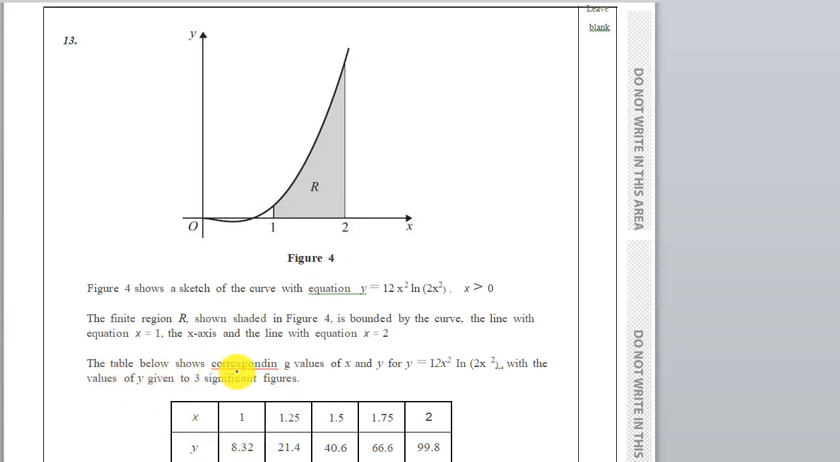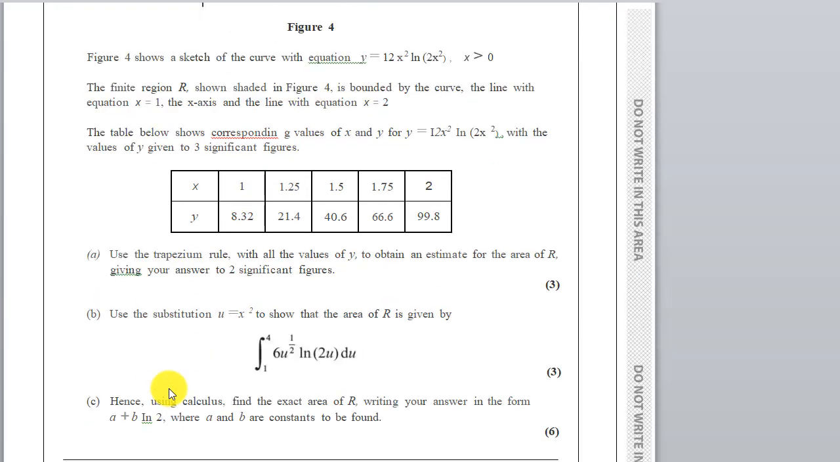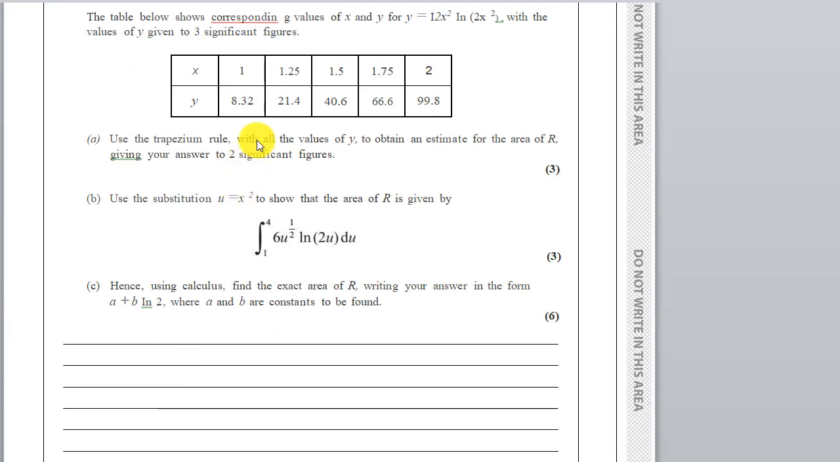The table below shows corresponding values of x and y for y equal to 12x squared ln 2x squared, with the value of y given to a significant figure. Use the trapezium rule with all the values of y to obtain an estimate for the area of R. Let us find the h. So here, to two significant figures he needs the answer. So here 0.25, here 0.25. So h